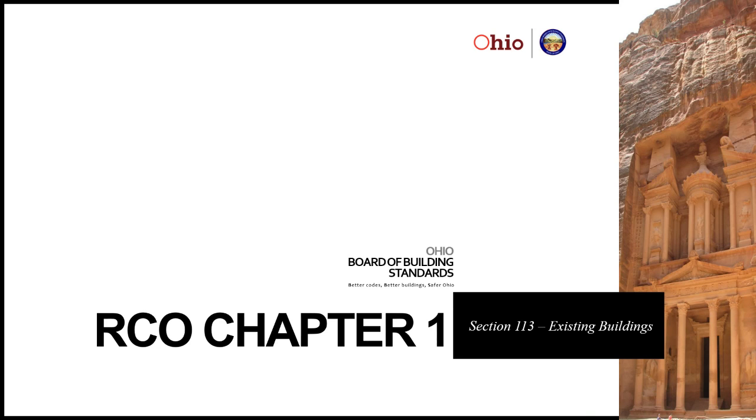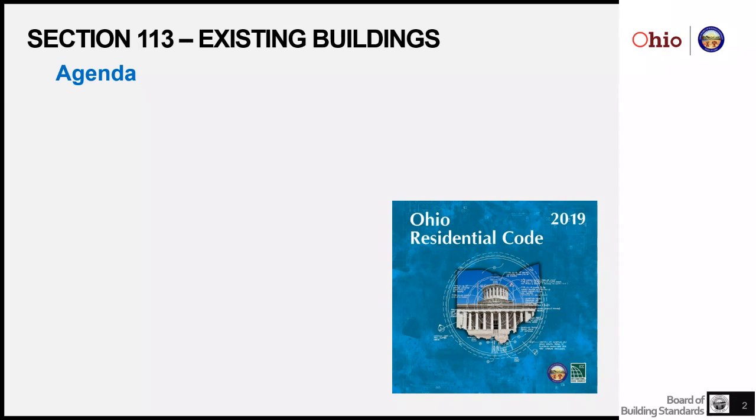So we are here to talk Residential Code of Ohio, Chapter 1, and specifically Section 113, existing buildings. Today on our agenda, I will be reviewing some basics to give everybody a foundation, because I don't know who all is attending the class, what kind of background they have, or the information they may be coming from. Some of this may be repetition for things they've heard already in Code Academy. You may already know, but let's be a little patient. There may be some newbies.